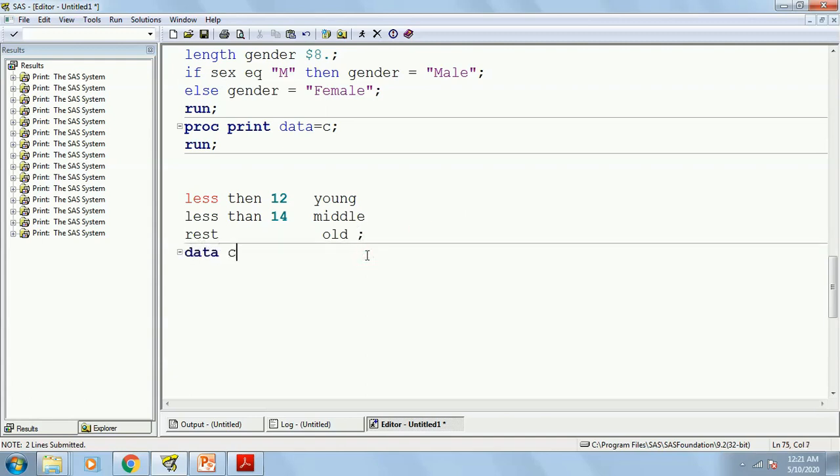Data, I will create it as C, set class, if age less than 12, then I can create a new column, I will name it new, new equals to young. Alright, I need to close it with a semicolon. If age less than 14, then new equals to maybe middle,